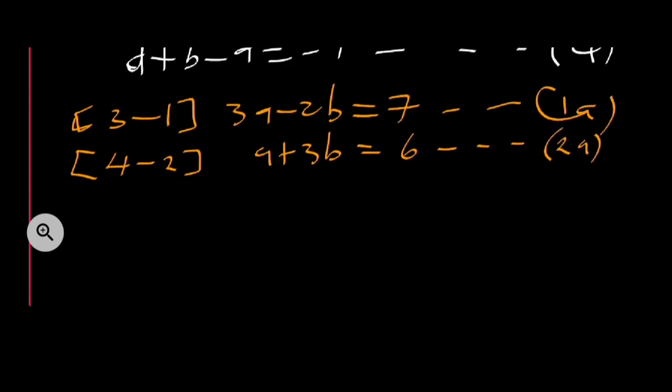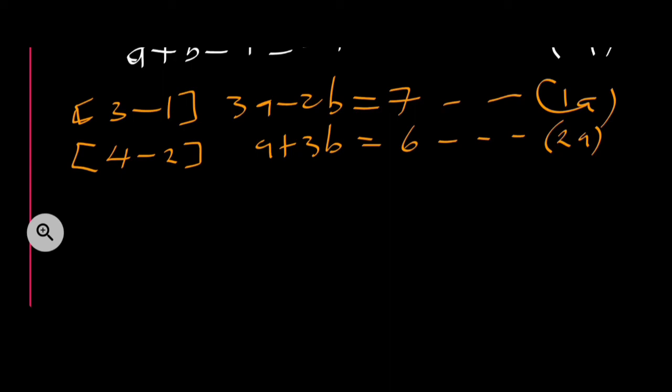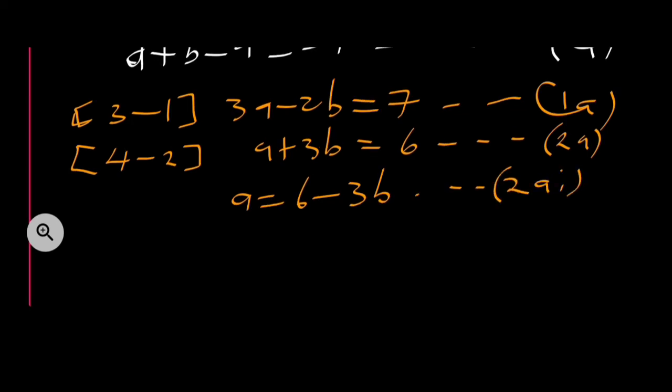And in equation 2a, we can make a the subject of formula to give a is equal to 6 minus 3b, and we call it equation 2ai. And we can then substitute it in equation 1a to give 3 open bracket 6 minus 3b close bracket minus 2b is